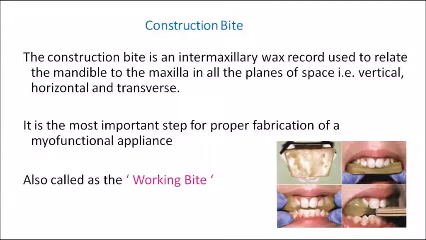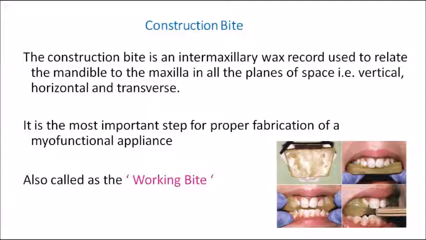So now we have already seen who are the ideal candidates for myofunctional appliance. So suppose we get a person who is having a class 2 malocclusion with mandibular retrusion in her mixed dentition period, like an 8, 9, 10 year old girl or boy, and he or she is having a low FMA angle with horizontal growth pattern and reduced facial height. So immediately we can see that this person is an ideal candidate for functional therapy, myofunctional therapy.